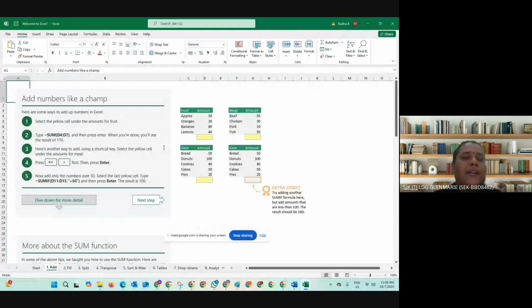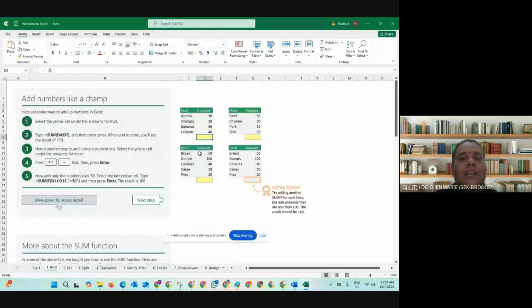Okay, so for example, whenever you go for a sum, let me go here. This is the first one, the add sheet. Here there are fruit names, and then amount, and price. If I want to calculate the total price for the fruits, as well as the meat items available,